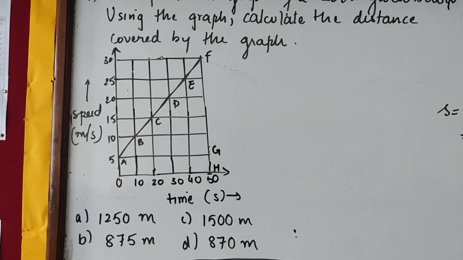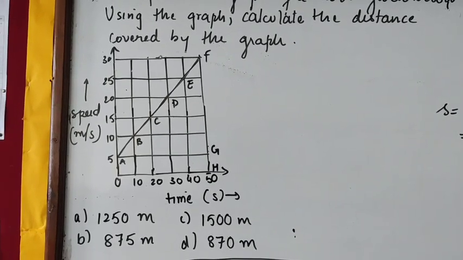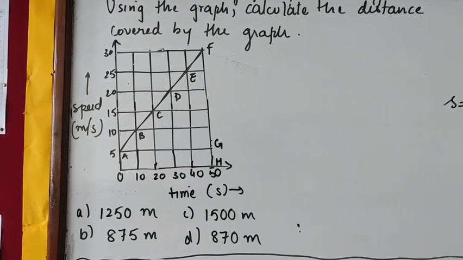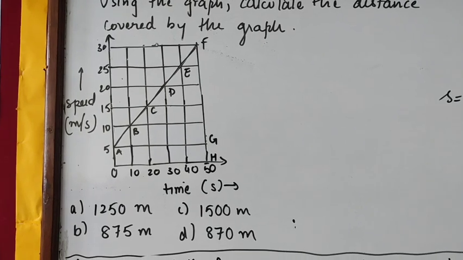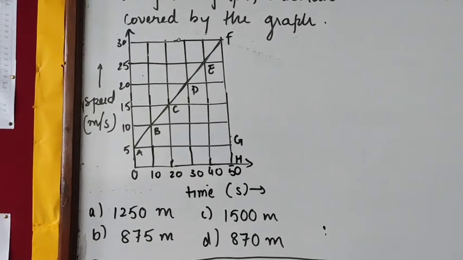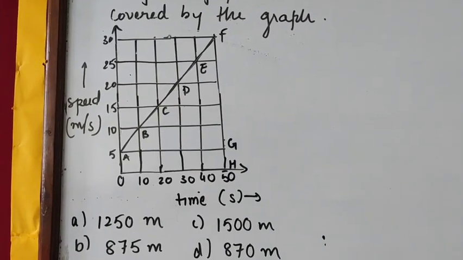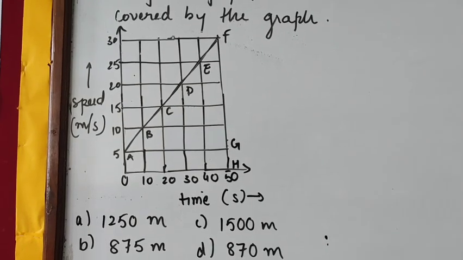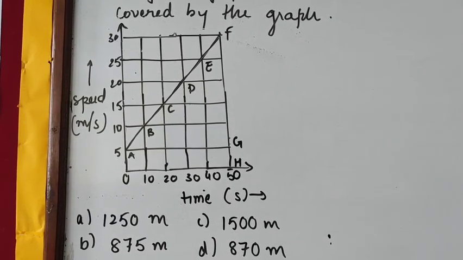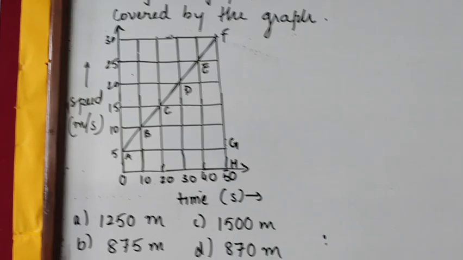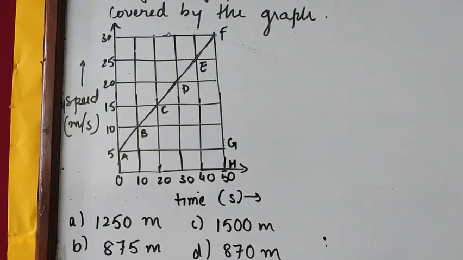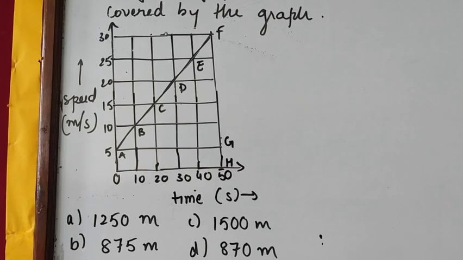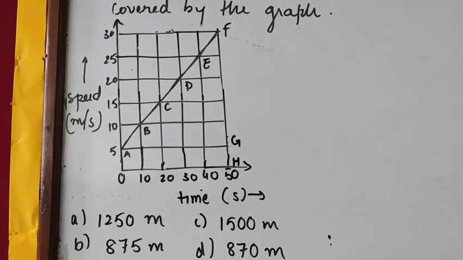We know that the area under the speed-time graph gives us the distance covered. If it had been a velocity-time graph, then the area under the velocity-time graph gives us the magnitude of displacement. Now the graph is AF, and the area under the graph means you can take the trapezium OAFH, or we can take the area of the triangle AFG plus the area of the rectangle OAGH. This will also give us the same, equal to the area of the trapezium